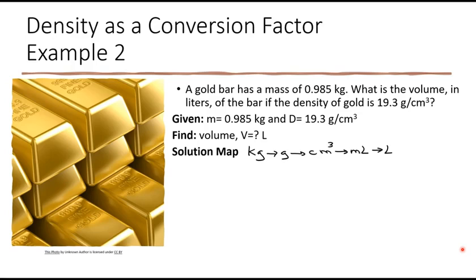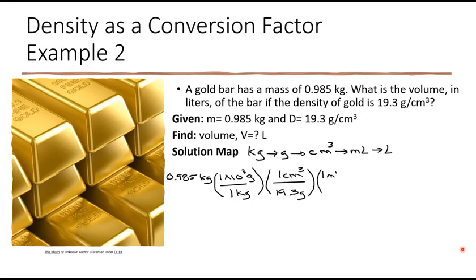Let's go ahead and set up our conversion factors. We're going to start off at 0.985 kilograms. We're going to put our kilograms on the bottom and grams on top. For every 1 times 10 to the third grams, that's 1 kilogram. And then we're going to convert to volume by putting 19.3 grams at the bottom and 1 cubic centimeter on top. We're going to convert cubic centimeter to milliliters by recalling the relationship that it's 1 to 1. Finally, we're going to go ahead and convert milliliters to liters by using the prefix multiplier relationship, that 1 times 10 to the negative 3 liters is 1 mL. That results in